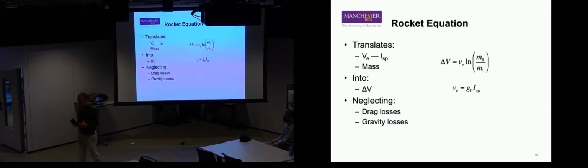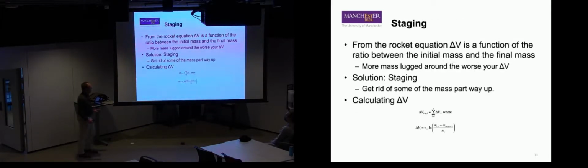Now, ideally, what we would do is we'd consume our rocket as we go along. But no one's yet figured out how to build a rocket that burns itself. So what we do by staging is we literally throw away part of the rocket every once in a while. Now, each stage, that mating, that interface, adds weight, adds complexity. You need separate engines and the like. But there is a balance there. And what you find generally for stuff going into orbit is 2, maybe 3 stages is the sweet spot. Any more than that, and you're actually adding weight back into the system from all the complexity. You're also adding